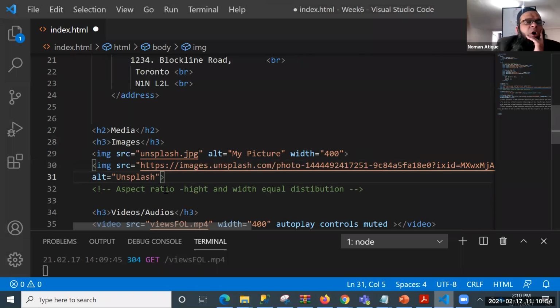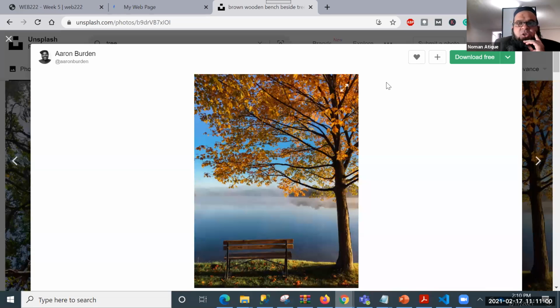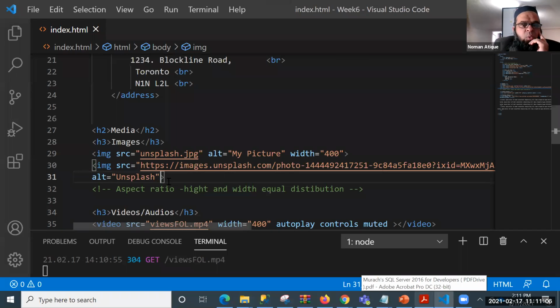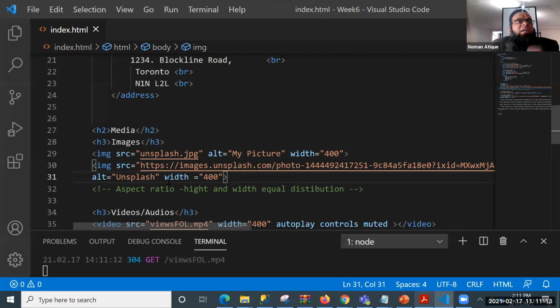So you see that I've copied another image. Now save that. I've not given any height and width. Of course, it will come very big. So if you see here, it's a very big picture coming over here, which I don't like. I would like it to be width equal to 400, because I'm going with 400 continuously. So aspect ratio will set it.